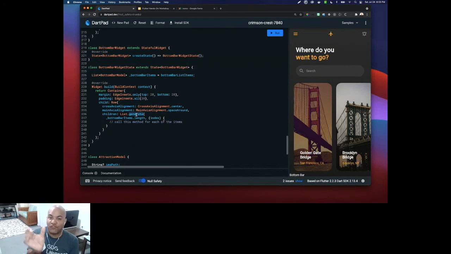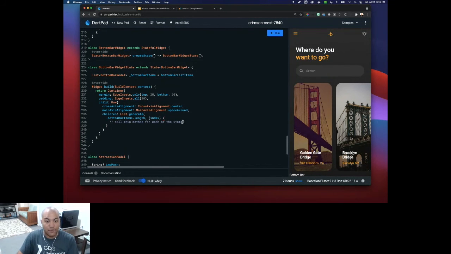What it does is, you give it a length, meaning how many times we're going to be generating items as a list out of any given collection. And then it gives you an index with a callback that it feeds inside of that List.generate. So for every item in the list, whatever length you feed it is going to generate one item. So it's kind of like the ListView.builder, but this just generates a list. Let's proceed down,